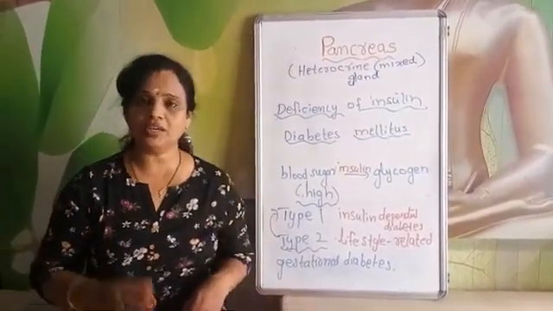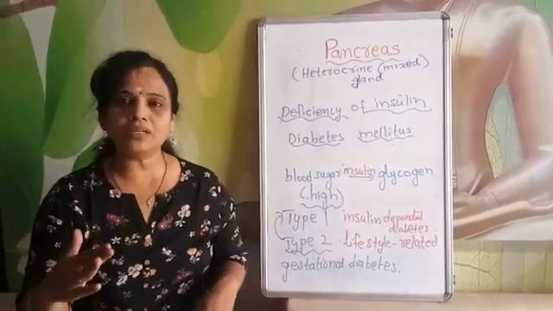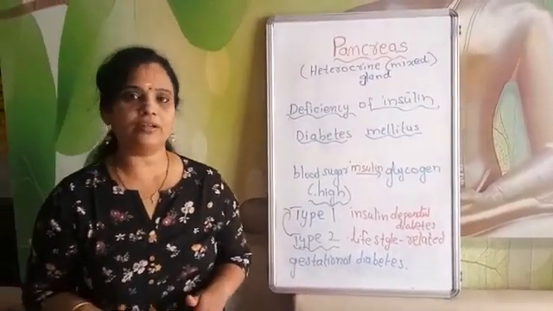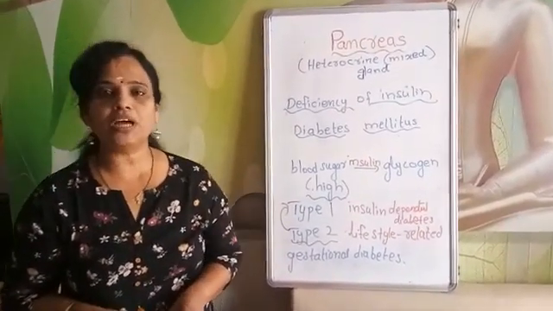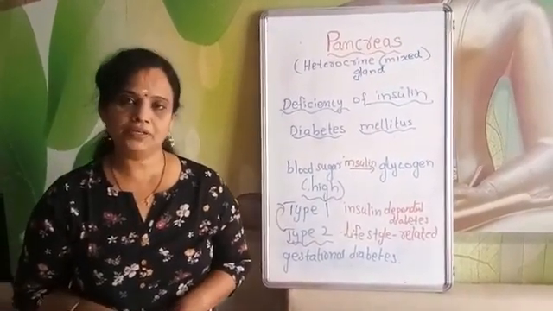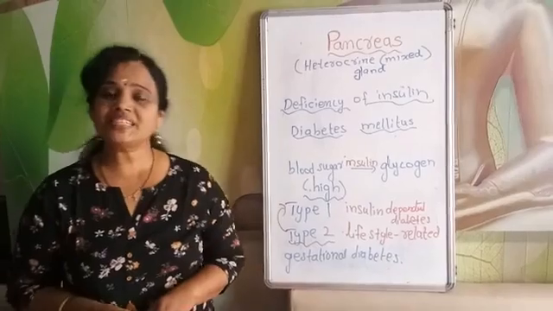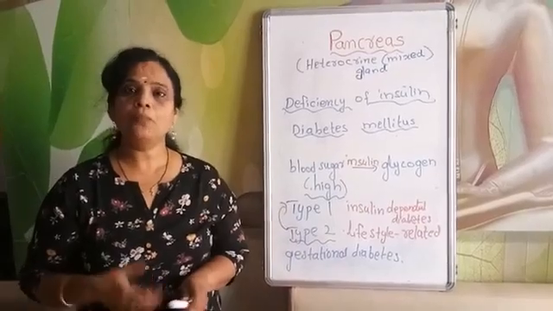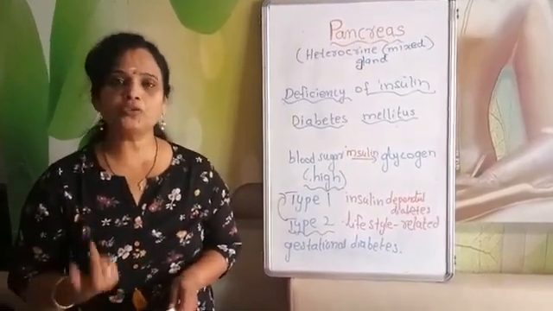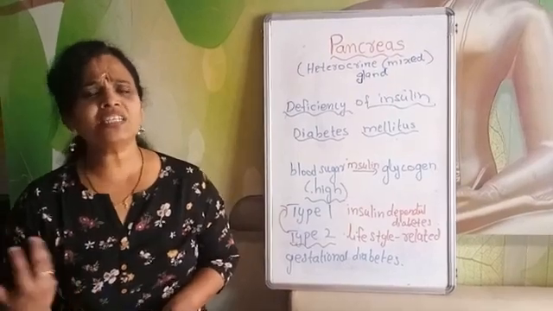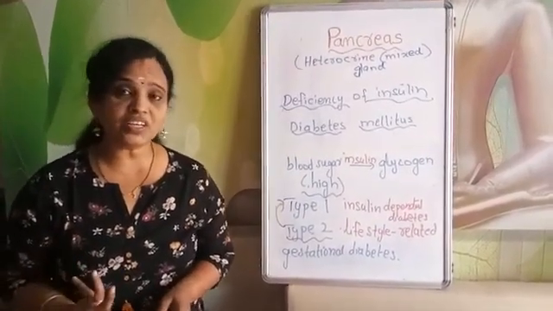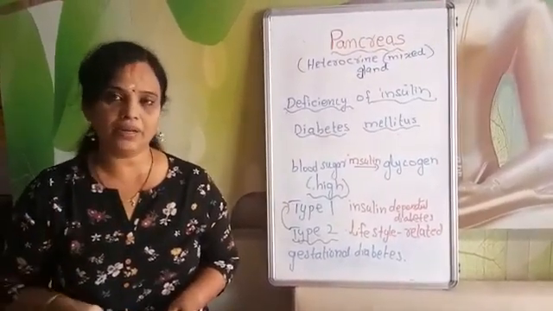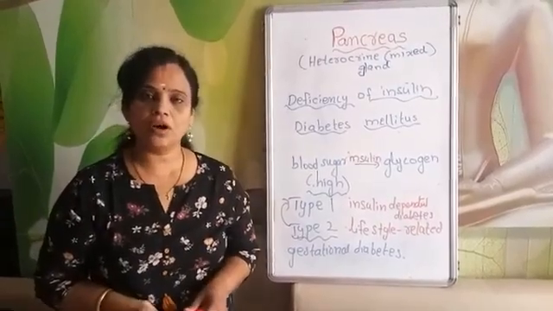Usually, I told you, 90 to 120 is the normal range. Above 120 it will show. Okay, 140, maybe more than that also it will show. So from that we will know that we have this condition called diabetes. Now other symptoms include excess thirst, excess hunger, and high blood pressure, more output of urine, frequent urination. Okay, always tired. You will be tired because your cell is not getting energy, because the cell is not absorbing glucose. That is the reason glucose is high in the blood. So these are the main symptoms of diabetes.